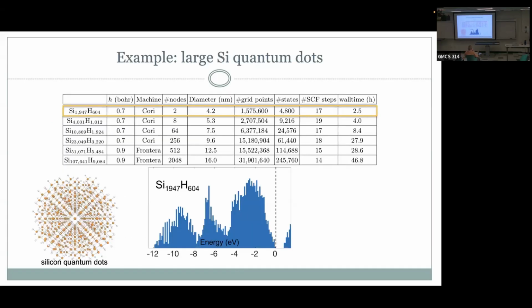In terms of the results and the scale of the calculation, I like to show these plots. So we start with the 2000 atom quantum dot. And a quantum dot essentially looks like this. So it has the interior structure of silicon, but it is finite. It's a spherical